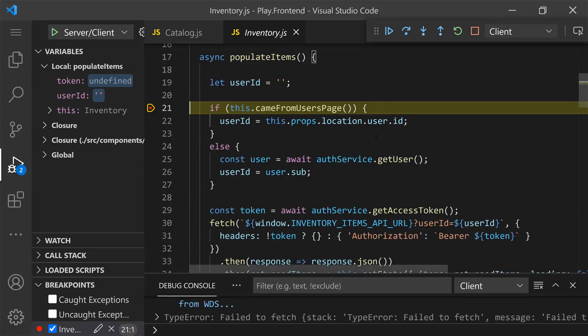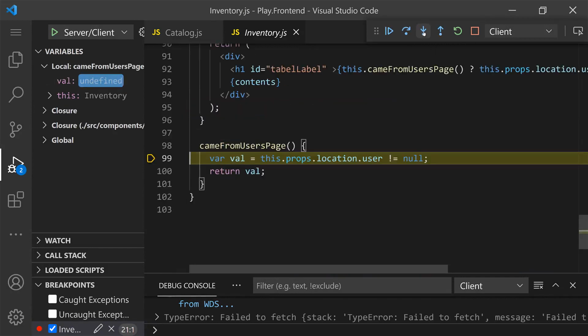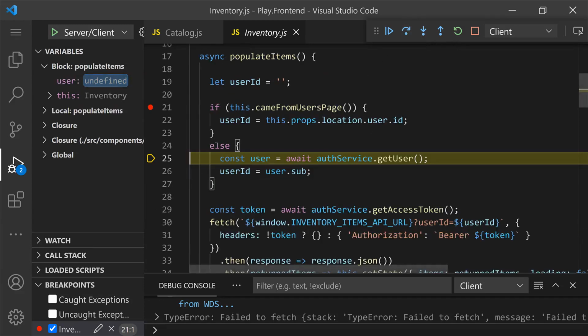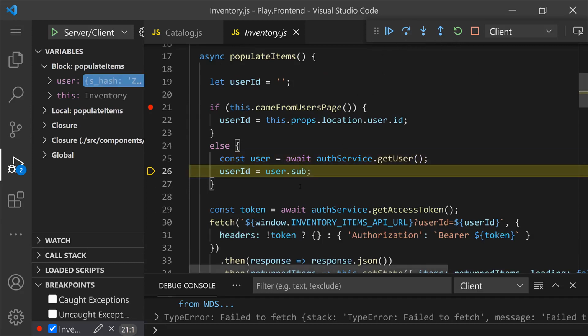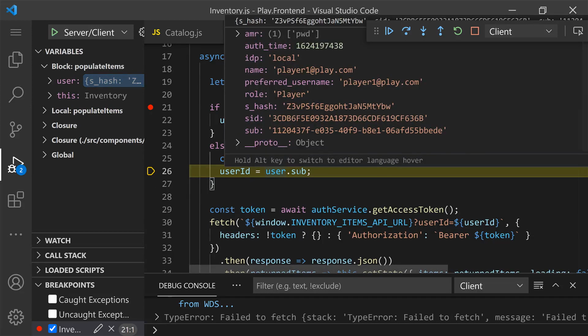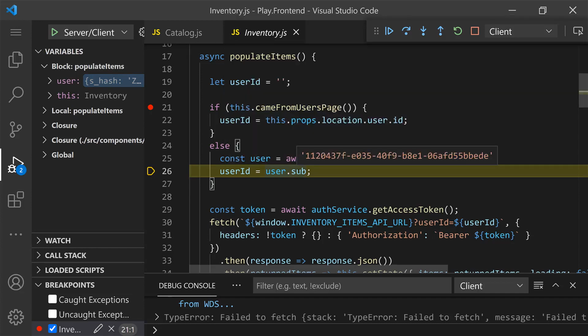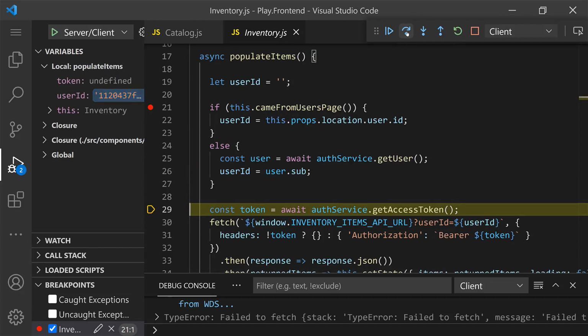And here we are in Visual Studio Code in the front end. I'll step into the came from users page function, and we'll see that the user location is not available right now because we're not in the users page. So I'll step over, and now we are down in the else branch here, where we want to retrieve the user object. From that user object, we have acquired the sub claim, which is what we're going to need down there. If you just keep going down, get the access token,